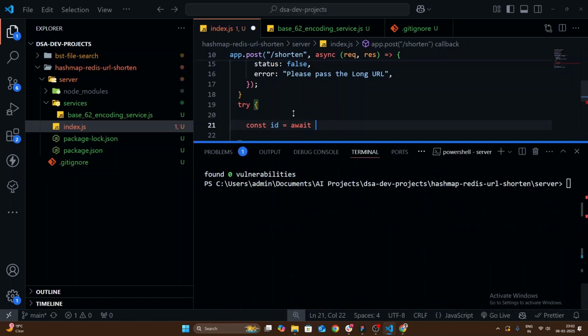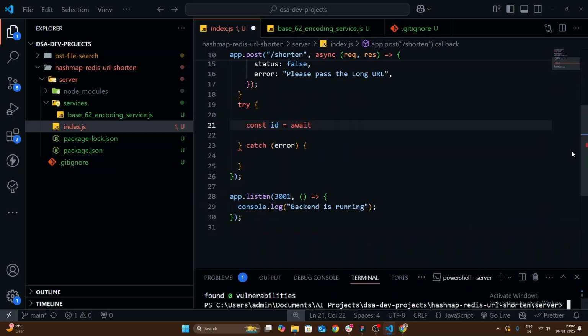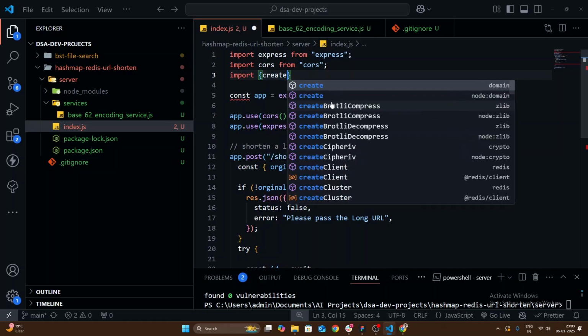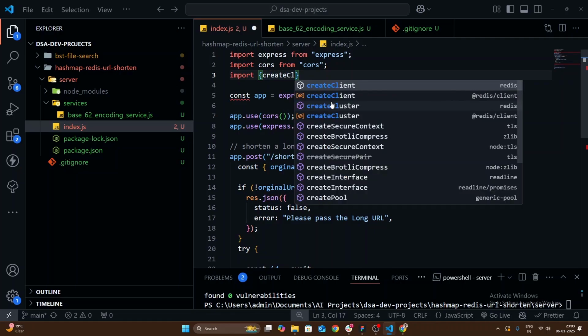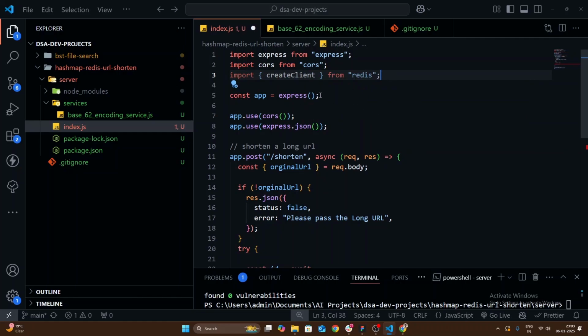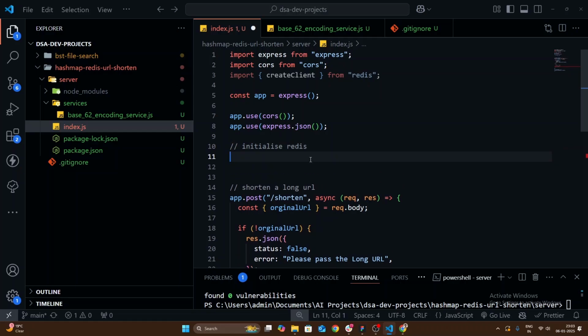So open your terminal again, and let me clear this up. You can type npm install redis. Okay, so it is installed. Now you need to import a function from the Redis package, that is going to be import createClient from redis. Perfect. So as soon as our app is initialized, we also need to initialize our Redis. So for initializing Redis, you need to say const redisClient with, so use the createClient function,